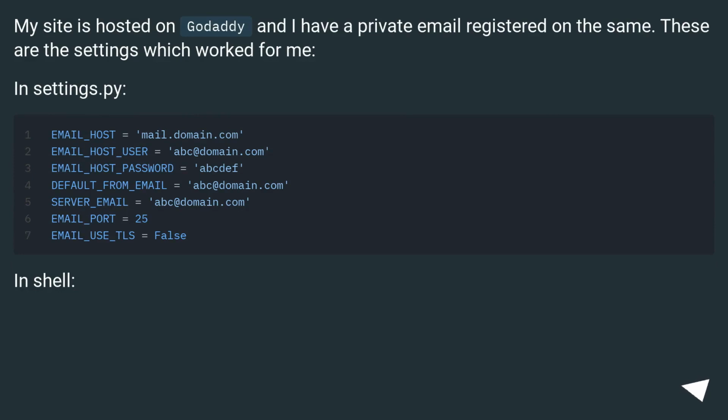My site is hosted on GoDaddy, and I have a private email registered on the same. These are the settings which worked for me. In settings.py, in shell,